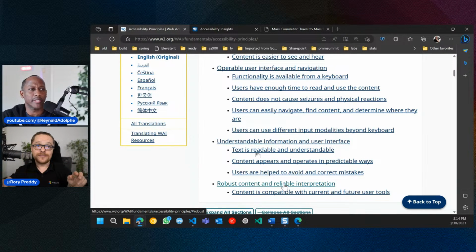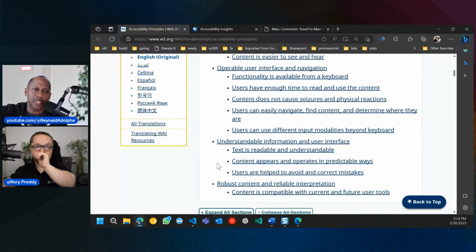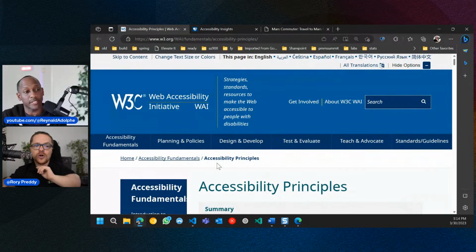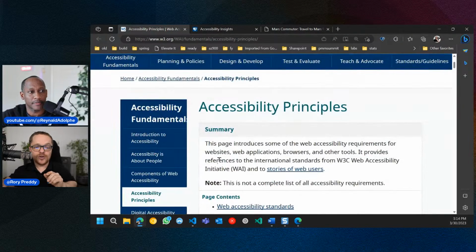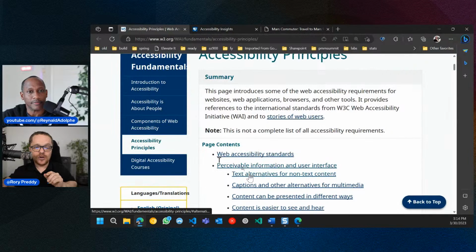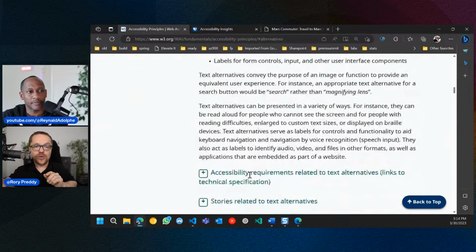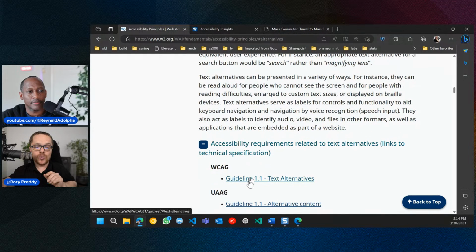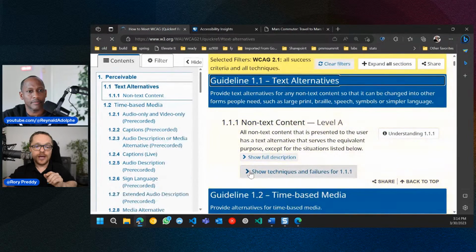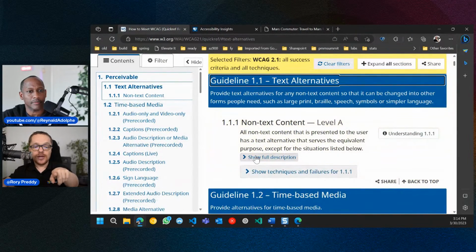Nice. So now the site that you're looking at, w3.org, is that like the most official in terms of accessibility principles? Oh, yes. No. With the World Wide Web Consortium? Yeah, this is the World Wide Web Consortium. And also the nifty thing is if you click on something here, it'll actually give you examples. So accessible requirements for text alternatives. So I can click on that, and then it'll give you the WCAG. So text alternatives here. Let's click through here. And now it'll actually give you the description.